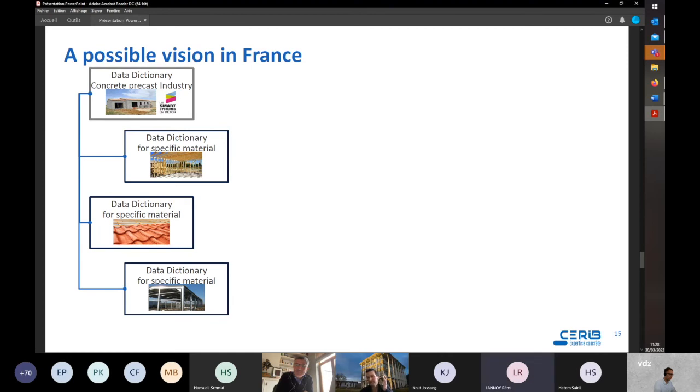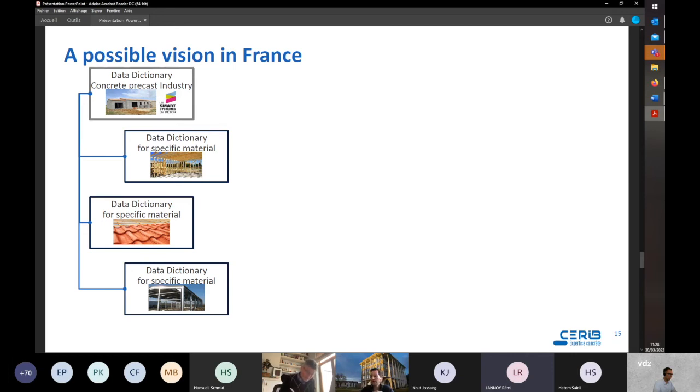For the future, and for a future vision for France, a possible vision for the creation of a dictionary network could be initiated by linking the contents of construction materials. We now have a data dictionary for the concrete precast industry.